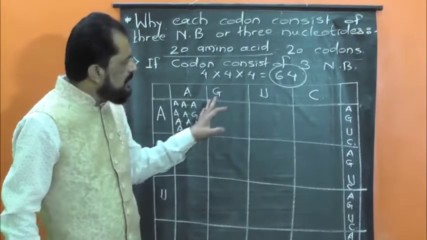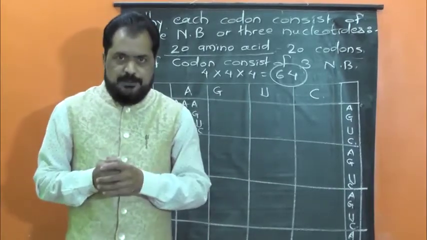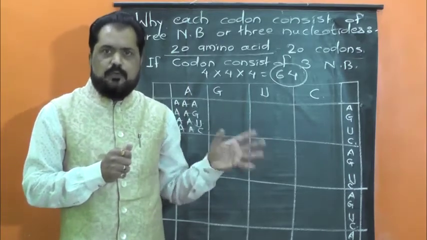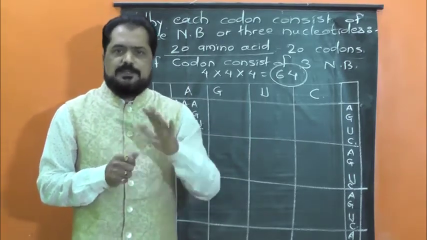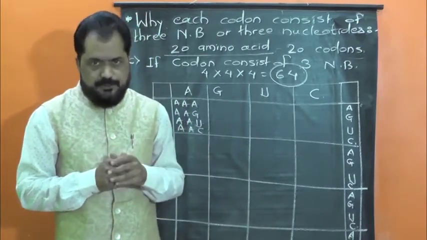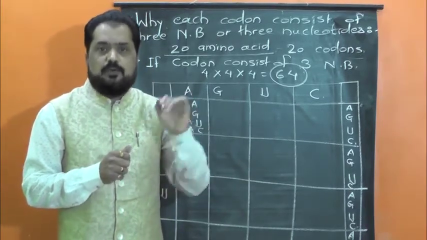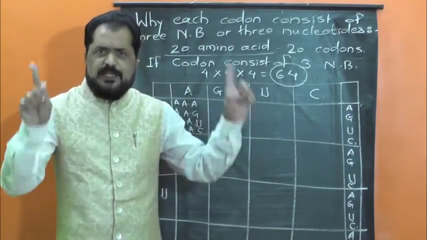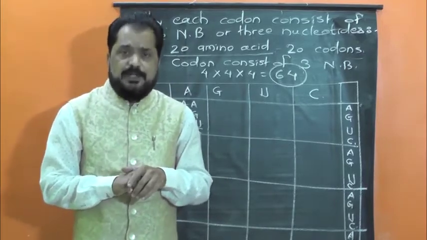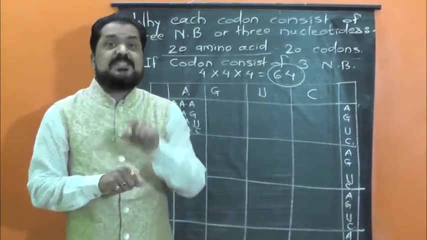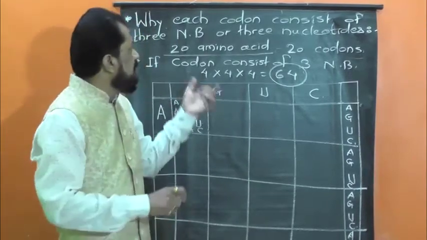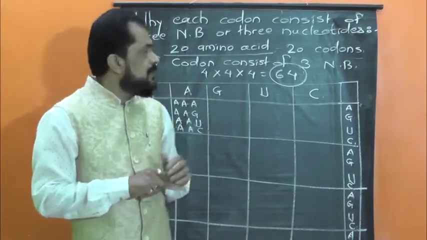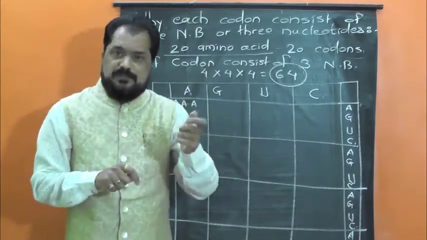Actually, out of these 64 possible codons, the 3 codons are called nonsense codons. 64 जे कोडॉन्स या ठिकाणी पॉसिबल आहेत त्यापैकी 3 कोडॉन्सला नॉनसेन्स कोडॉन्स म्हणतात. Because those 3 codons do not specify any amino acid, do not carry information for any amino acid. It means the 61 codons specify the 20 amino acids. याचा अर्थ उरलेले जे 61 कोडॉन्स आहेत ते 20 अमाइनो ऍसिड ला स्पेसिफाय करतात.